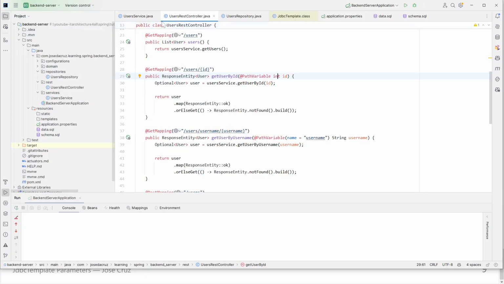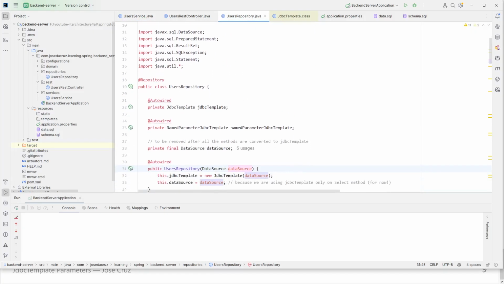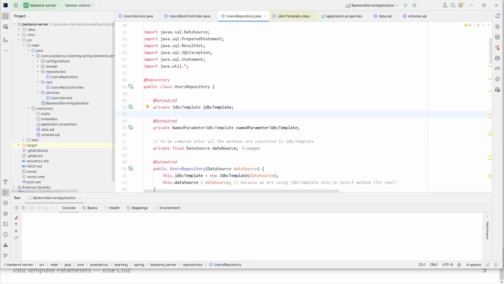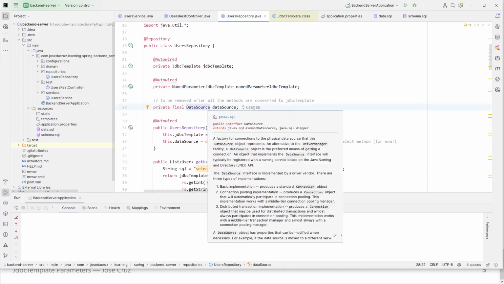So this REST controller calls the user service, of course, get by ID and get by username, but at the end of the day it just calls the repository for username and ID. So let's see what I did on the repository. I have here AutoWire for JDBC template from the previous video, and for this video I will also use it to query the ID, and I injected here with AutoWire a named parameter JDBC template,